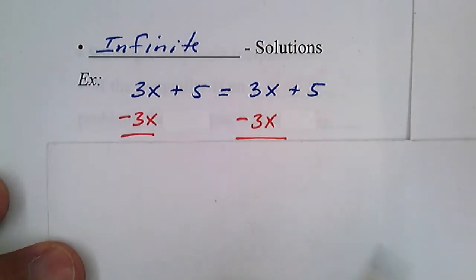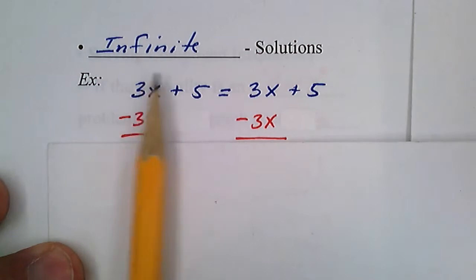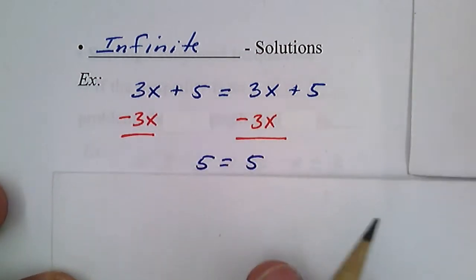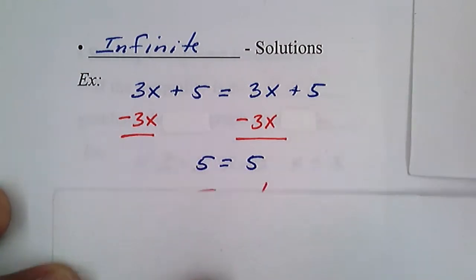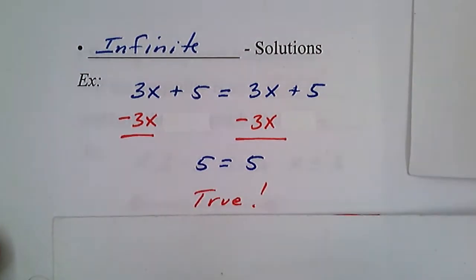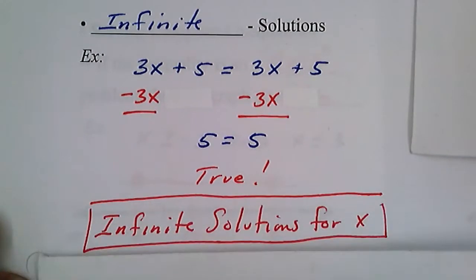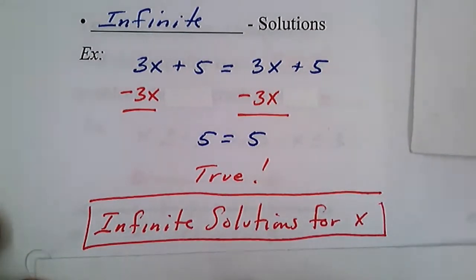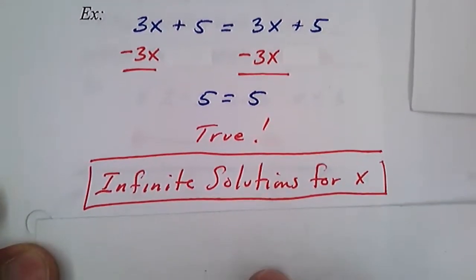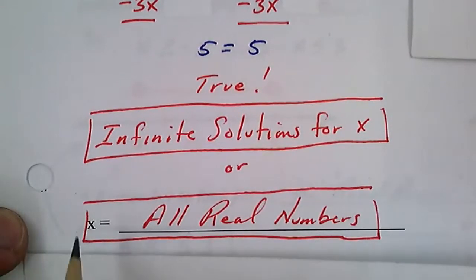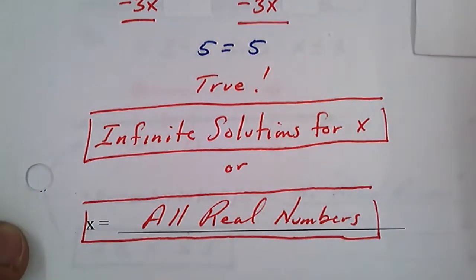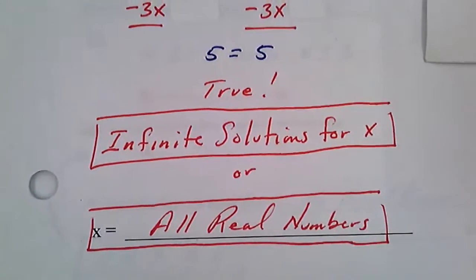So let's see what happens. If I subtract 3x from both sides, I'm going to be left with 5 is equal to 5. Well, this side is equal to that side. That is true. And since our variable has been eliminated, we say infinite solutions for x. Or we could also say x is equal to all real numbers. Okay? Now, before we move on from solving equations,